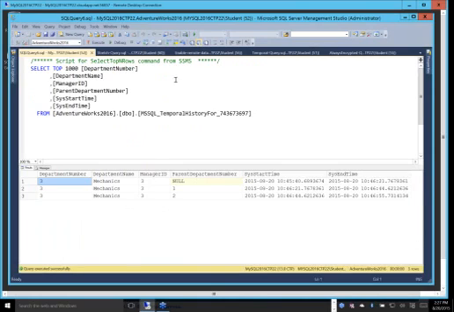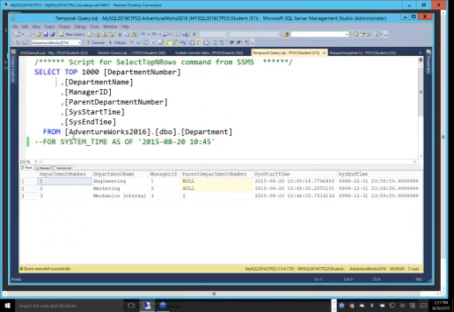But you can actually have SQL Server query both tables at the same time using the FOR SYSTEM_TIME clause. This is new in 2016. And if you use a temporal table and you say FOR SYSTEM_TIME AS OF a particular time, that will allow you to travel in time. So you'll actually be able to go back in time to see the data as it was at a particular